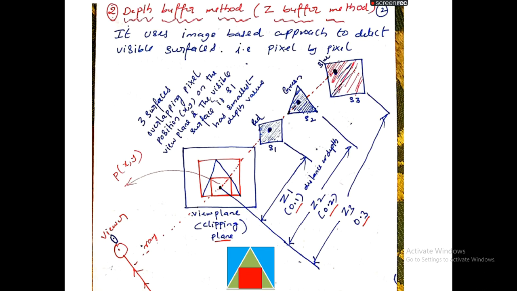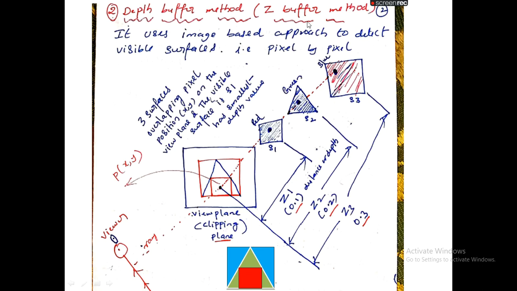Like this we need to apply a hidden surface removal algorithm called Z buffer, and determine which pixels are hidden from the viewer, or which pixels are the back face of the polygon. After determining those pixels, we need to remove them.